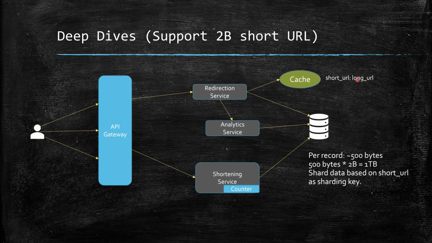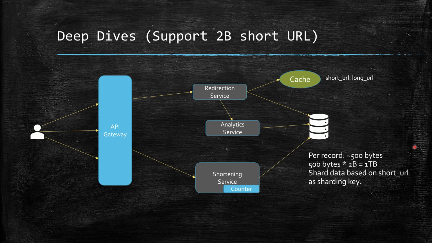So here we are going to do some maths. Per record, I am assuming, and it's a valid assumption I guess, 500 bytes per record, given that we are storing some metadata like created at and the expiration time. Maybe we are storing the long URL and short URL, of course. So I'm taking that per record, it will be taking 500 bytes. So for 500 bytes and 2 billion records, it will be 1 TB of data. 1 TB of data is not a lot of data for any